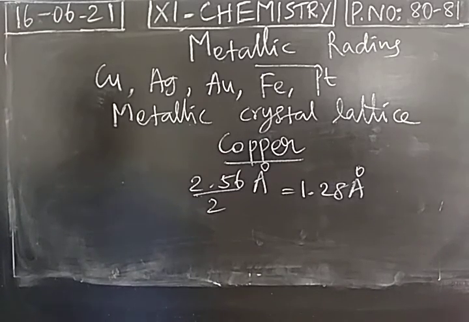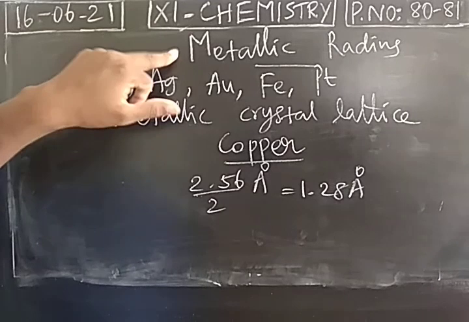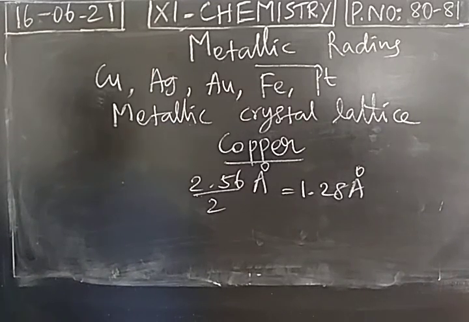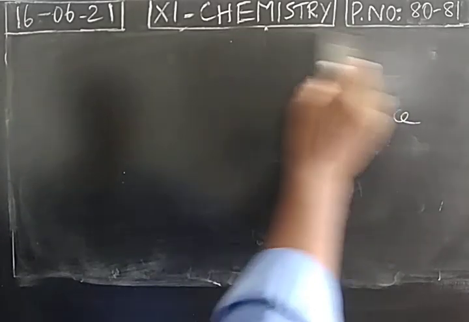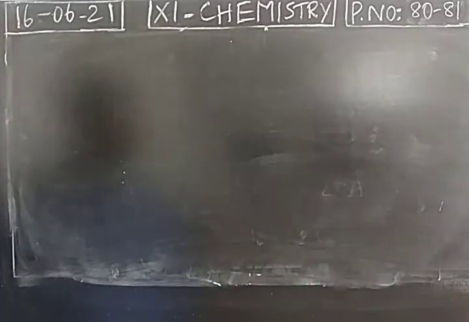In a covalent molecule, covalent bond is present. In ionic compound, ionic bond is present. In metals, atoms are joined together by a metallic bond. So we find internuclear distance divided by 2. We get metallic radius. So atomic radius for the noble gases, covalent radius for the unstable atoms which form the covalent molecule, then metallic radius. All the 3 we have completed. Next, variation of atomic radius in modern periodic table.